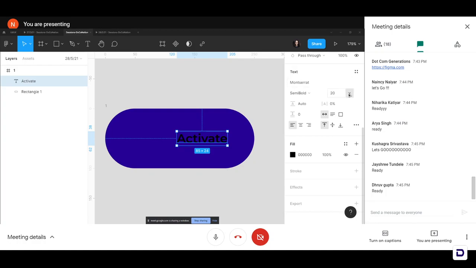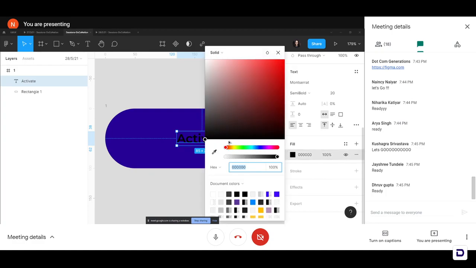And the font size is 20 pixels or 24 pixels, depending on what size you've taken your frame. Okay. And you can see all of these properties here. We are going to head over to the fill property, click on this little fill box, and now we're just going to drag this little wheel and bring it to maybe a very light shade of gray. Okay, so we have that now.